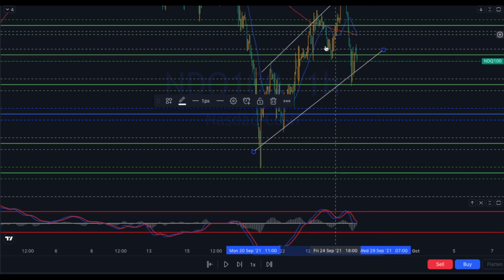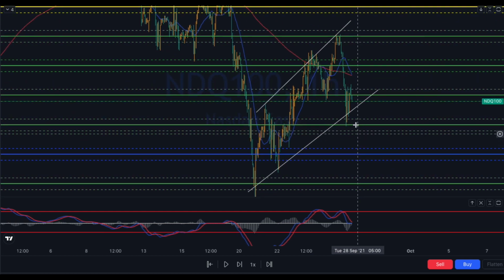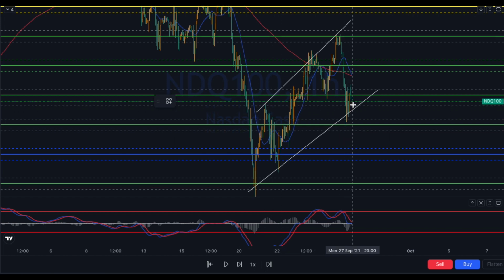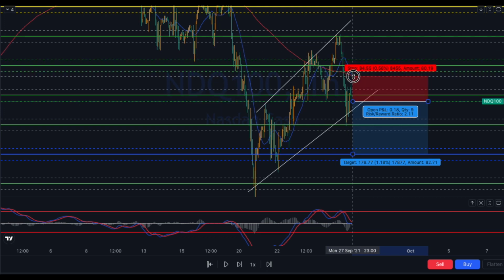This is the current structure that we have at the moment, where price is in. And looking at how it looks right now, I'm expecting it to break to the downside, as well as the moving averages may confirm a push to the downside. So what we do is we then put in a short position. So I'm going to put in a short position right here, and we're just going to target